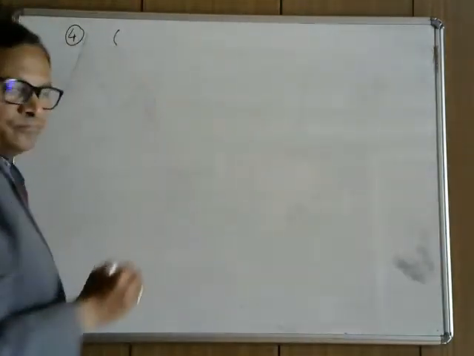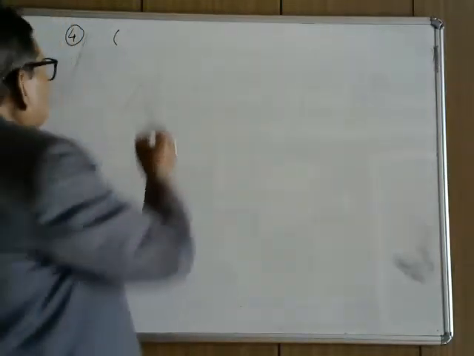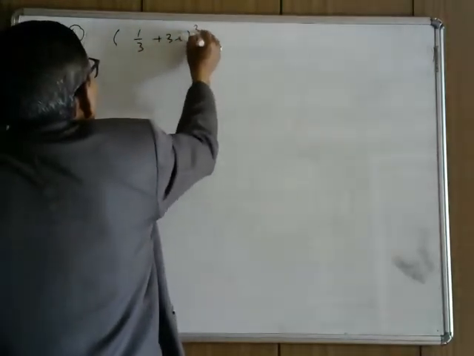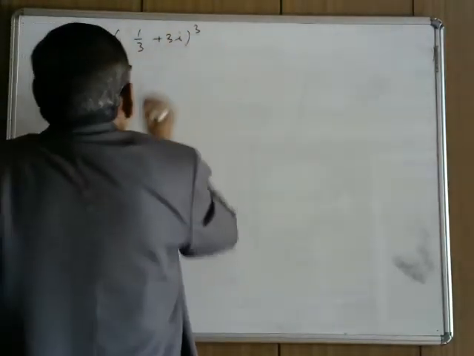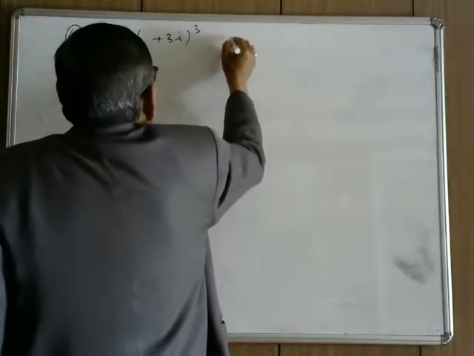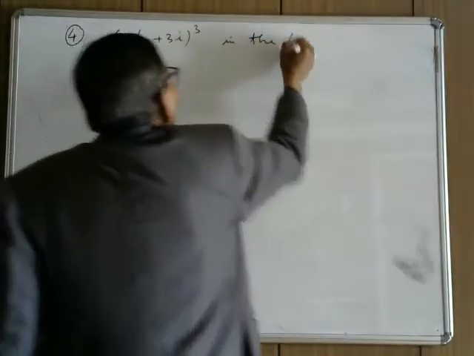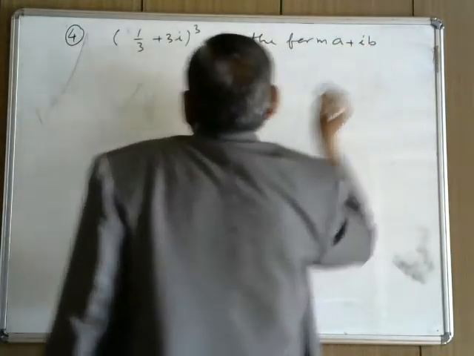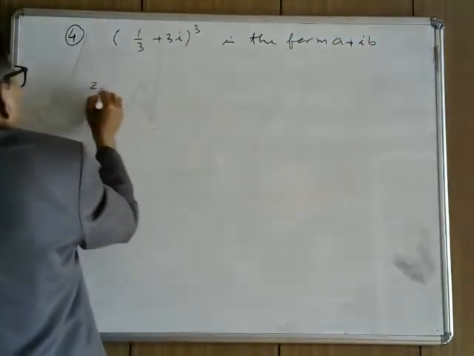Question number 4. Express (1/3 + 3i) whole cube in the form a + ib. So z1 plus z2,